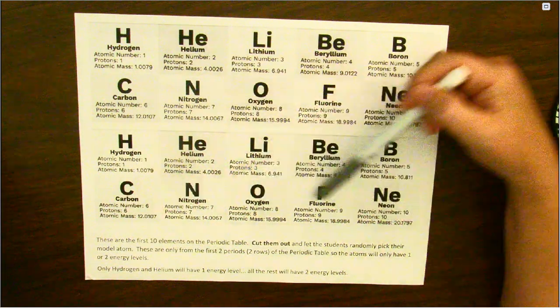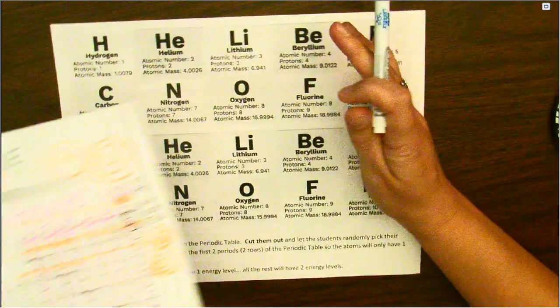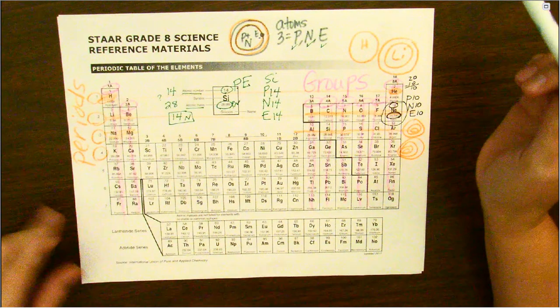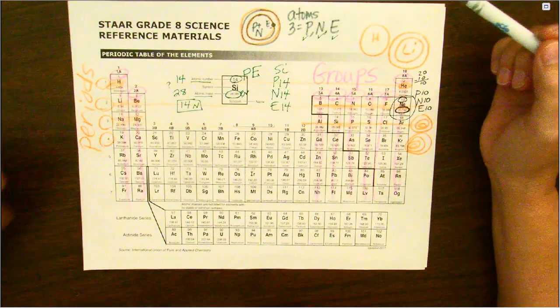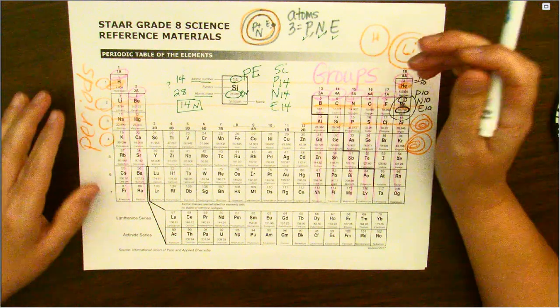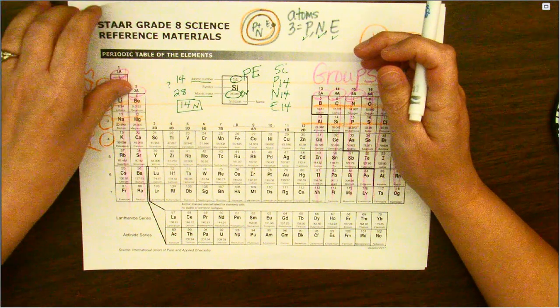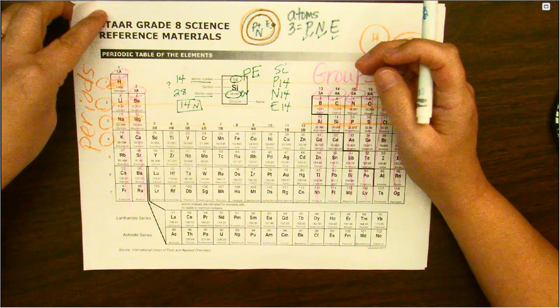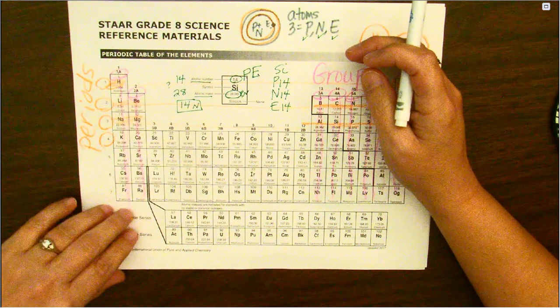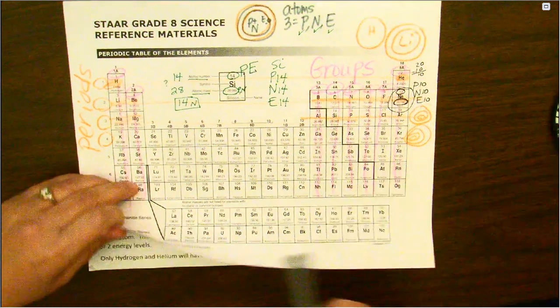You're going to be either given or you're going to choose an element from the periodic table and create a model. Now, before we do that, I do need to explain something